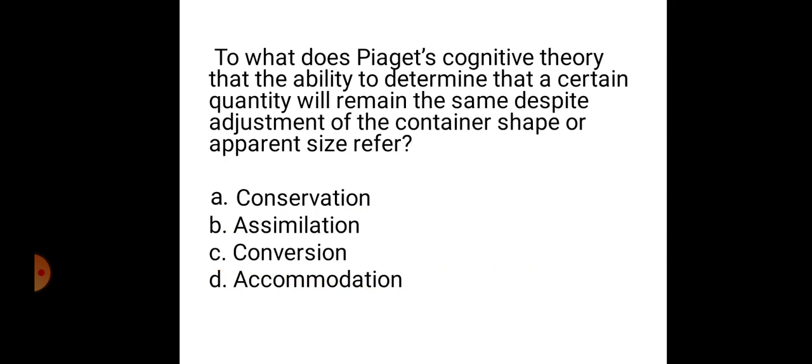bicycle kay Anne. To what does Piaget's cognitive theory that the ability to determine that a certain quantity will remain the same despite adjustment of the container shape or apparent size refer? So of course, in Piaget's cognitive theory, we have these terminologies, but which among these is correct? The correct answer is